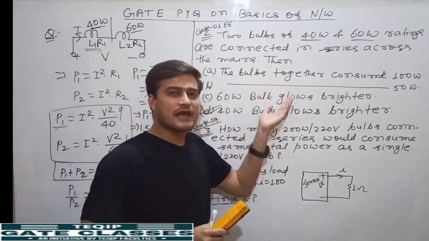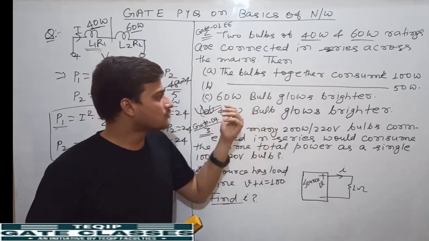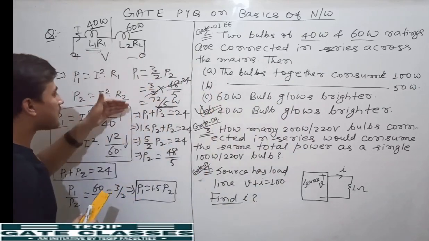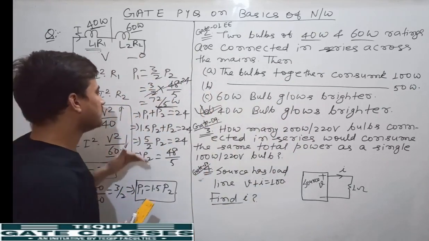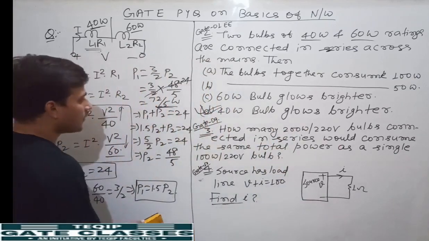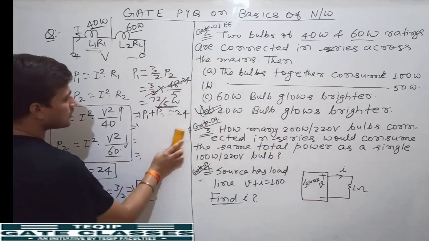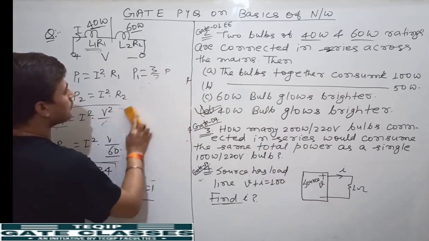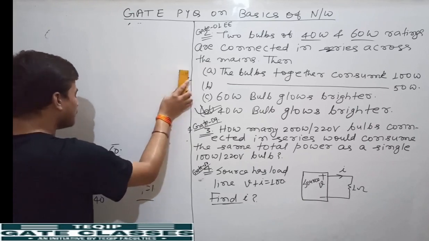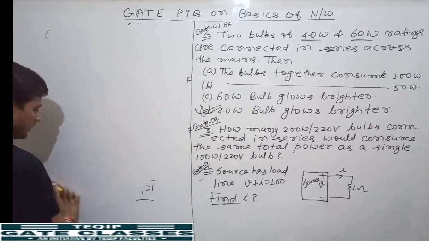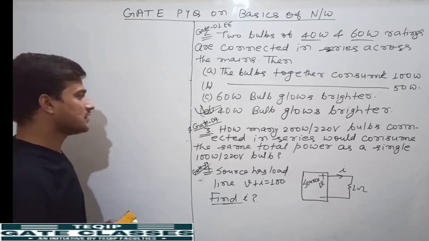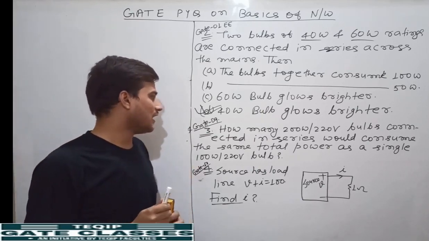Since this question has been asked in the GATE examination, it may be possible that in upcoming GATE examinations, these types of questions can also be asked, where you have to find P1 or P2. Clear? Next come to the third question that has been asked in GATE 2009 electrical engineering. First I am discussing 5 to 6 questions of electrical engineering, then we will discuss 5 to 6 questions of electronics engineering in this video lecture.